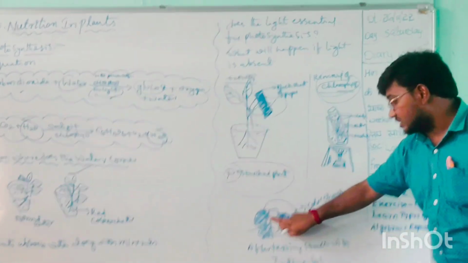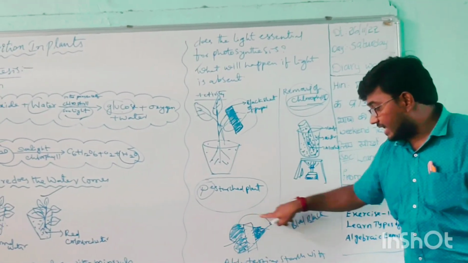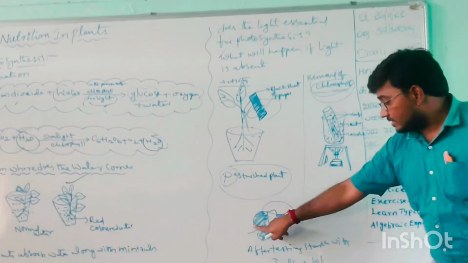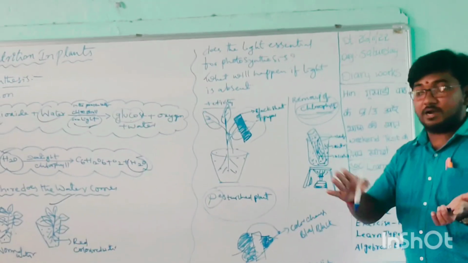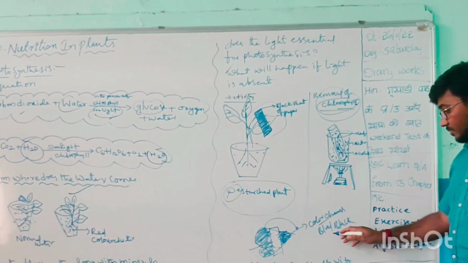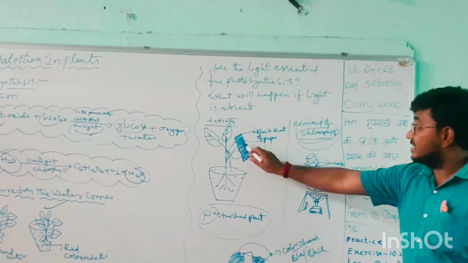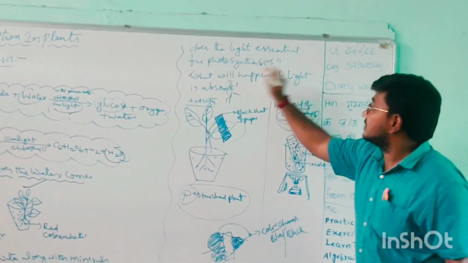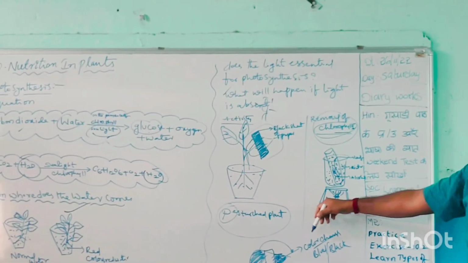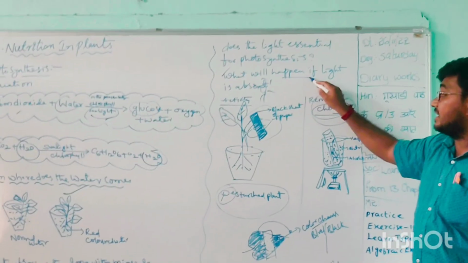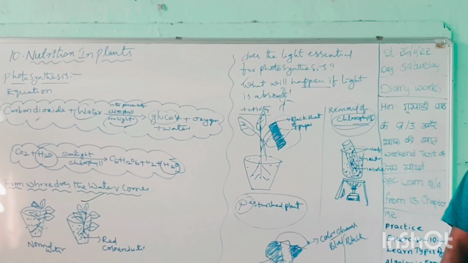When you test with starch, what happens? When you put the iodine solution on the entire leaf, only this portion, this side, back side, front side will change the color to blue or black. I wrote here color change blue or black. The remaining middle portion does not change color. Why? Because this portion did not receive sunlight. By this experiment we can say that only in the presence of light can plants prepare their food material. You understand?